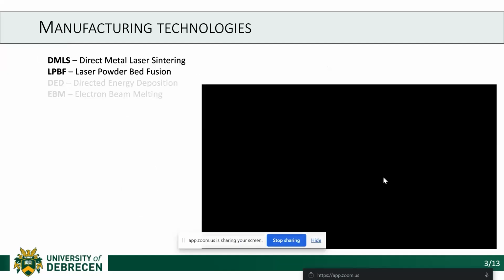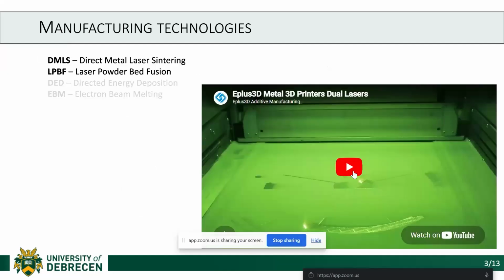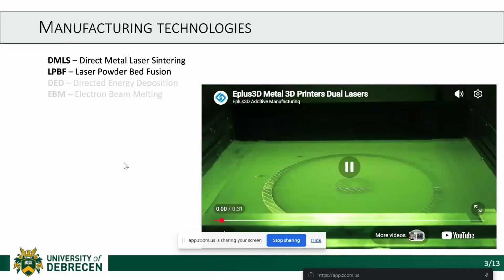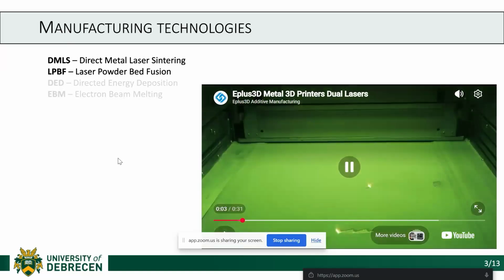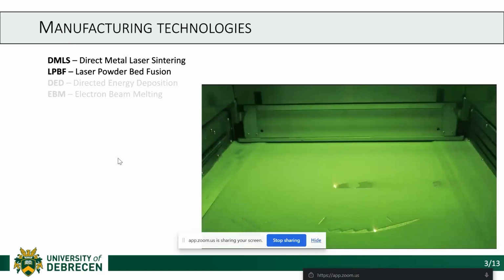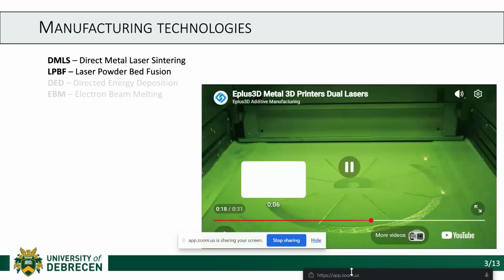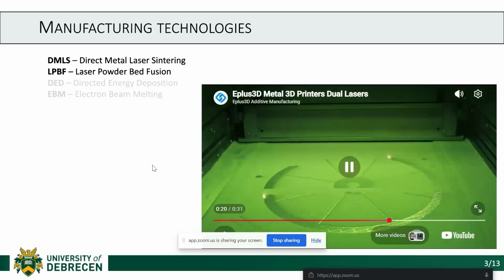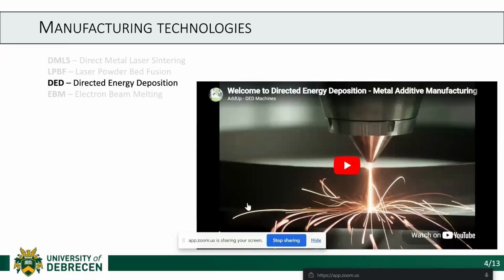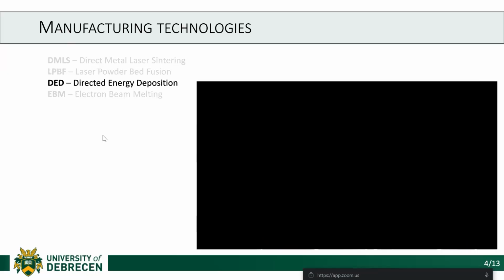There are several kinds of technologies for titanium 3D printing. This one is the laser powder bed fusion, when we use a laser to melt the titanium particles. Another technology is the so-called